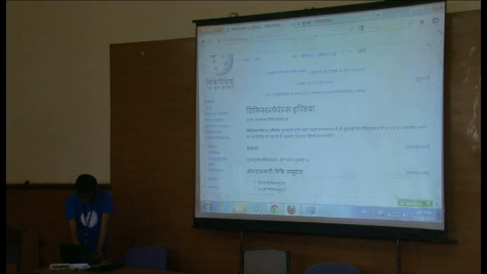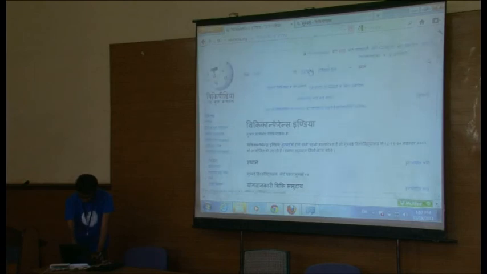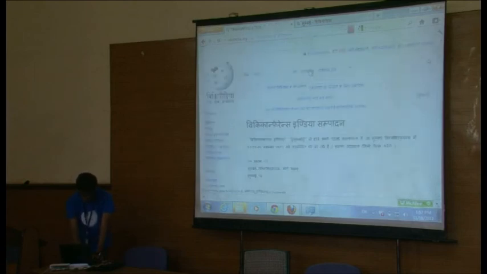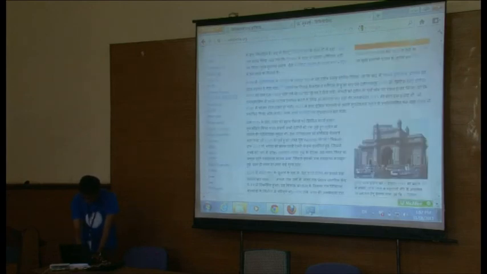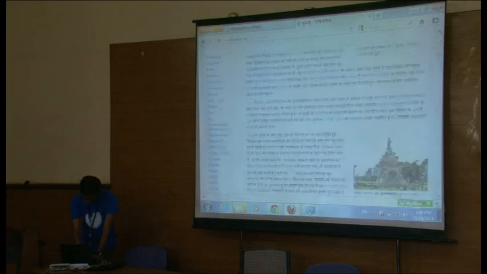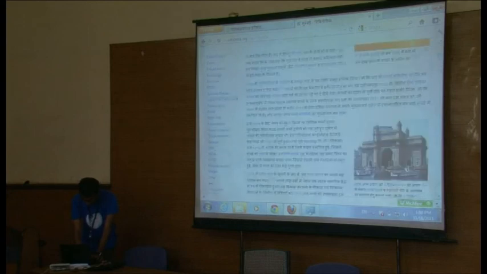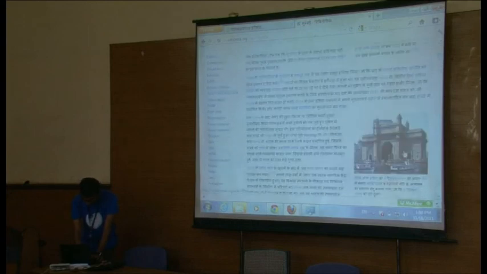So this is how you normally edit a Wikipedia article. And if you want to add some pictures in this, for example, I want to add the picture of Mumbai Gate, say the Gateway of India, you just need to click on the picture.